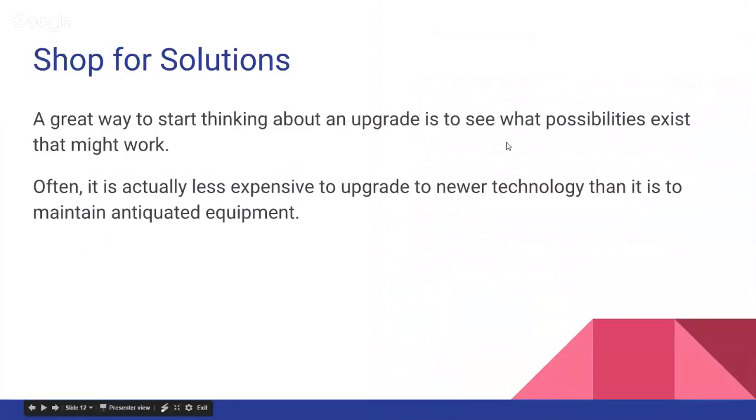A great way to start thinking about an upgrade is to see what possibilities exist that might work. There is an incredible variety of different services available now that are specific to different industries. So let's say you're a massage business. There are CRMs that are designed specifically around storing data about massages, allowing you to have a built-in checkout page on your website, and for people to be able to book massages from their phone easily and quickly, with lots of flexibility for you in how you see the data and in being able to really understand where your profits are coming from and how to best